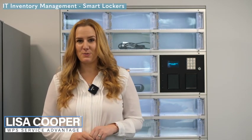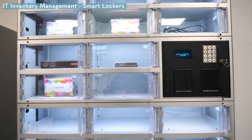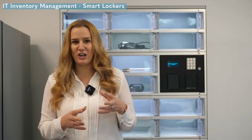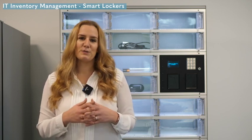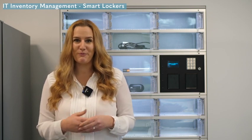So we're here today to talk about the IT asset management locker, as shown behind me here. Some of the main pain points around the IT management within offices is that you have a tech bar and IT department, and lots of their time is taken up handing out the same peripheral items time and time again. So being able to free up the IT time so that they can do their job rather than having to